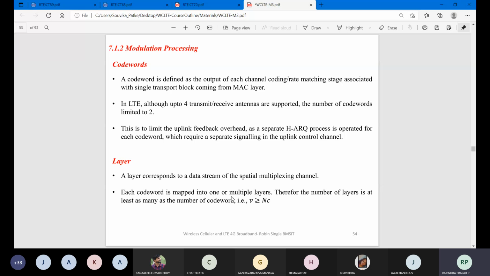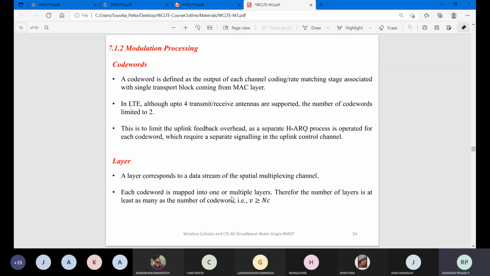So how many code words it is going to generate, and how you are going to transmit your data through this antenna, it is going to observe. Those are all the information he is going to brief now. So a layer corresponds to, as I said on the previous slide, there will be a layer structure, right? So what type of layers we have, and how they are going to map to your code word. Which suitable layer is for what type of code word is going to be explained now.